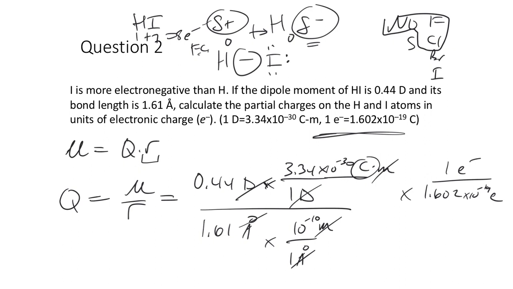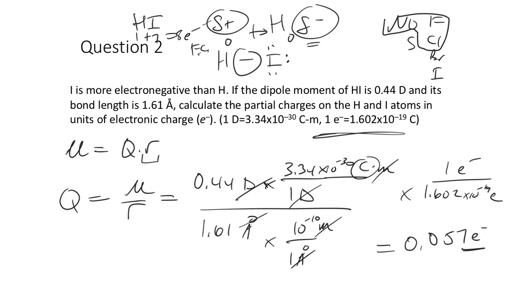I take 0.44 times 3.34 e minus 30, divide by 1.61 e to the minus 10. If we hit enter, that's the number of coulombs. It's really small, times 10 to the minus 21. We divide that by the charge of an electron, and I get that the charge is 0.057